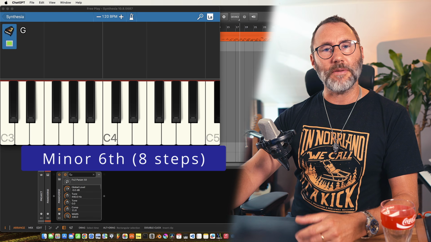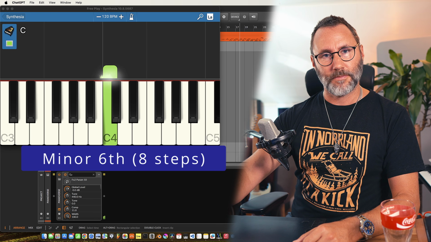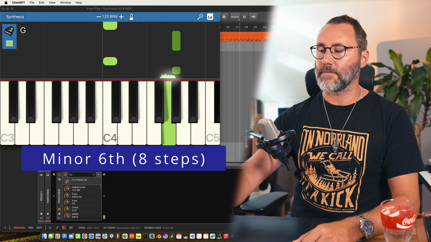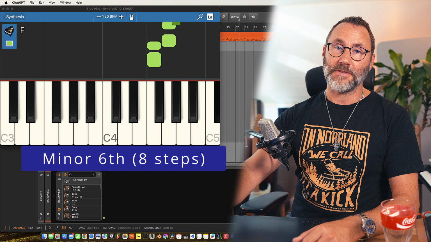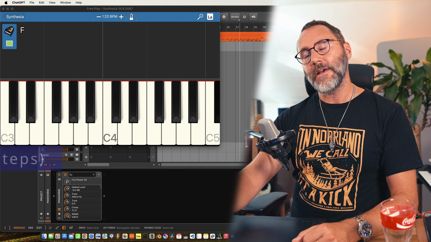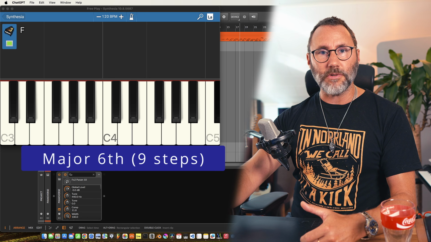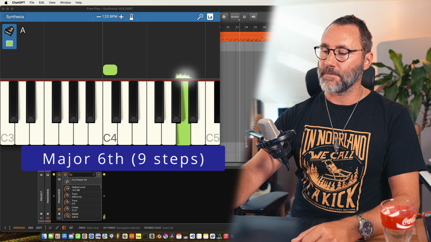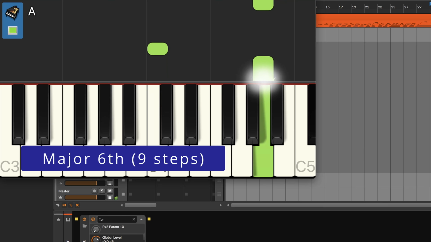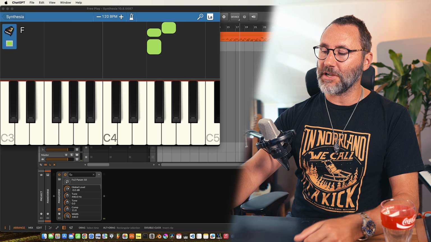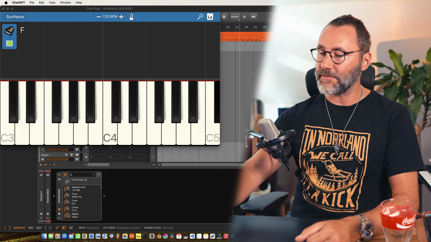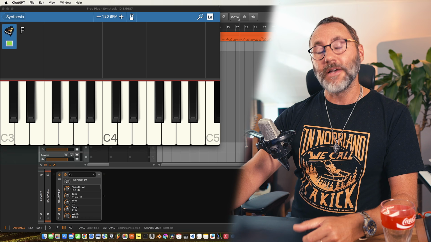The next one is called the minor sixth. So that's the tune I connect with that one. And then the next interval is called major sixth. Another tune you can connect with that interval. And of course you can write in the comments if you know these tunes that I play. The next one is